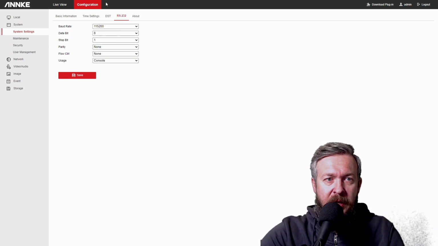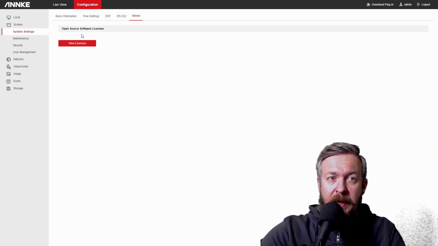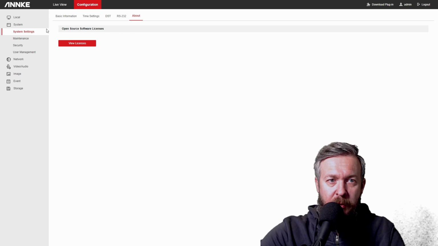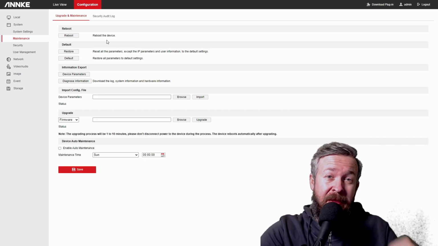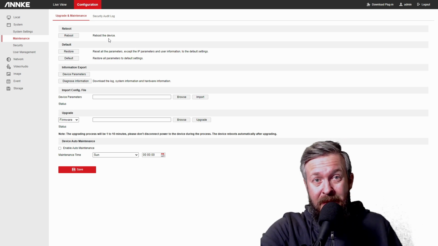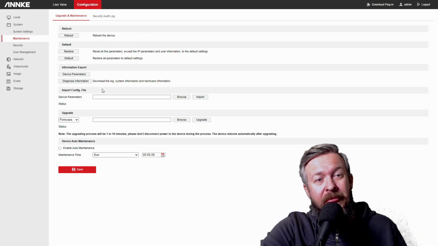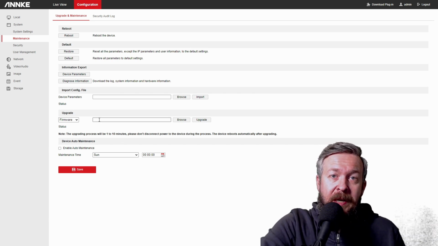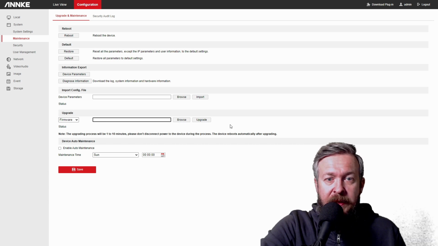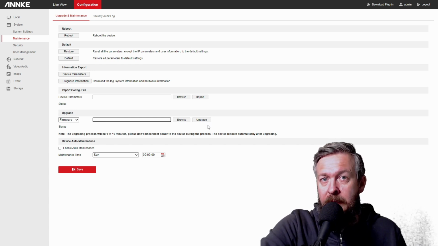RS-232, as I said, is a connection to whatever uses RS-232 protocol, and About gives you a license for the open source software. Maintenance, unfortunately, even this camera, as some other Chinese cameras I have, doesn't have the ability to pull the image from the website. You do have to download the image manually, select it here, and then press upgrade to enable the upgrade of